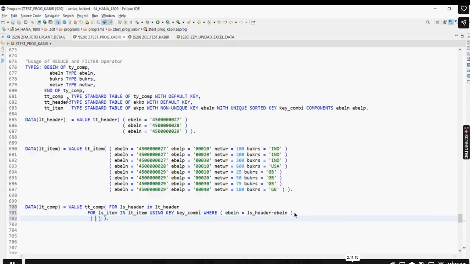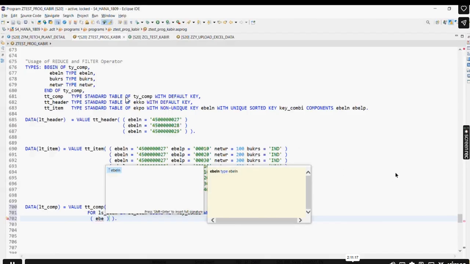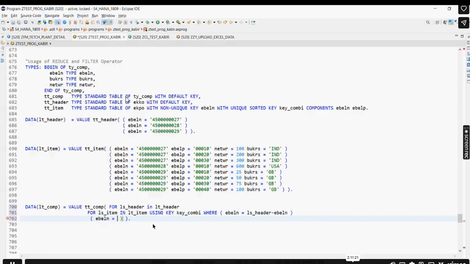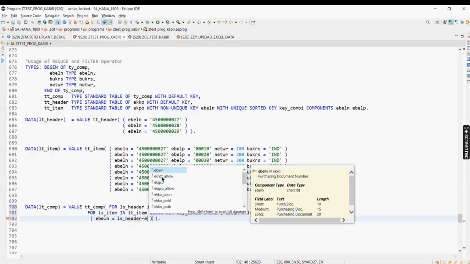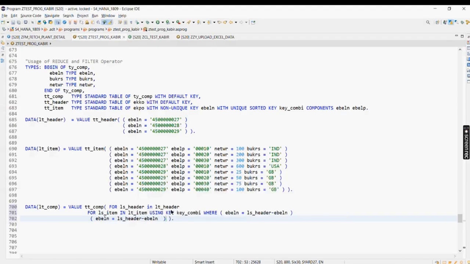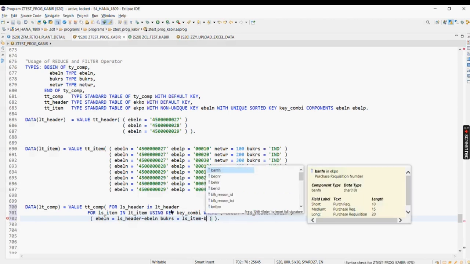So the component that will be passing is abelian. For abelian you can pass the value from anywhere. You can use either ls header or ls item. So I'll use ls header, suppose, ls header abelian. Then your company code you will use from ls item